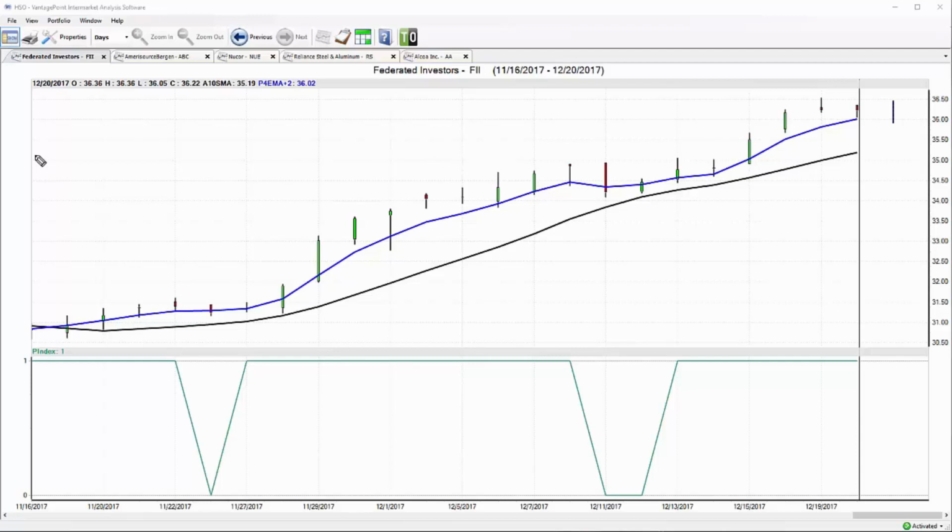A ton to cover this week. As always, we're going to look at Federated Investors, Amerisource, ABC, and really a ton of great opportunities opening up throughout the steel and metal manufacturing space. We'll show you exactly what's going on there. But of course, it's all about process. And whether you're trading a financial stock, a services company, or these metal companies, it really is about having